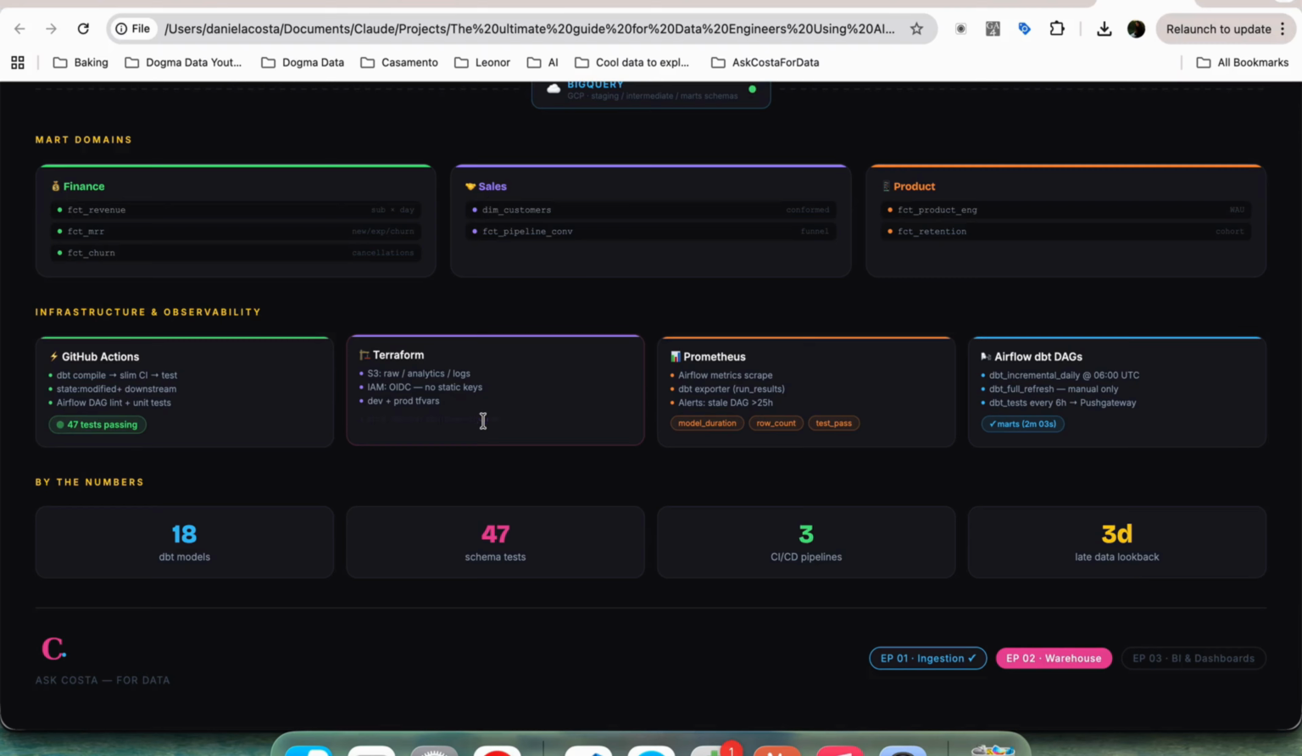And the last of these is Prometheus. You need something to know when something breaks before your users do. dbt runs and finishes, but did it process the right number of rows? Did the test pass? How long did the fact monthly recurring revenue take compared to yesterday? So Prometheus gives you metrics on every model run, with alerts firing to Slack or PagerDuty whenever a DAG